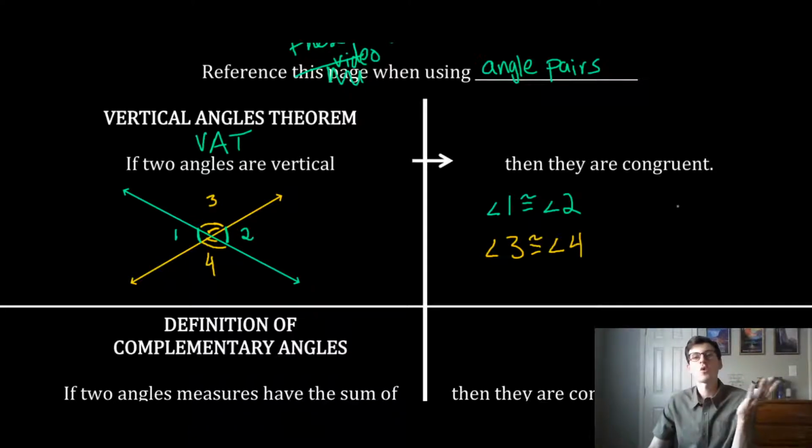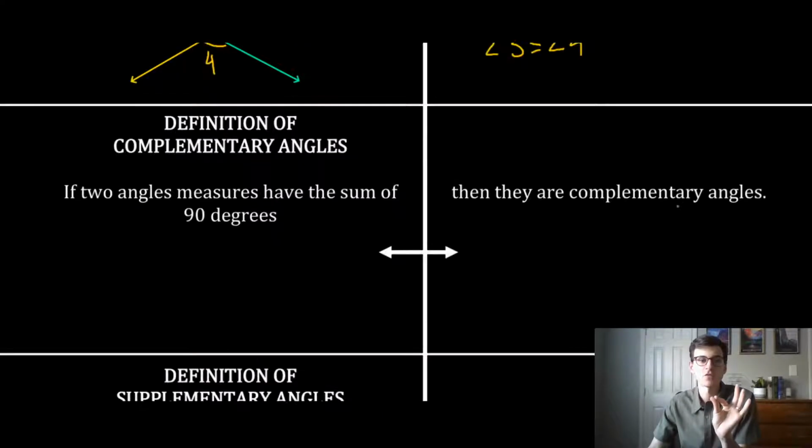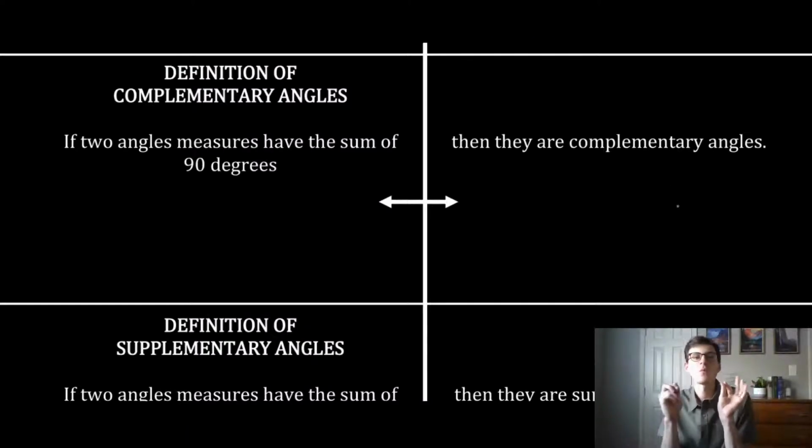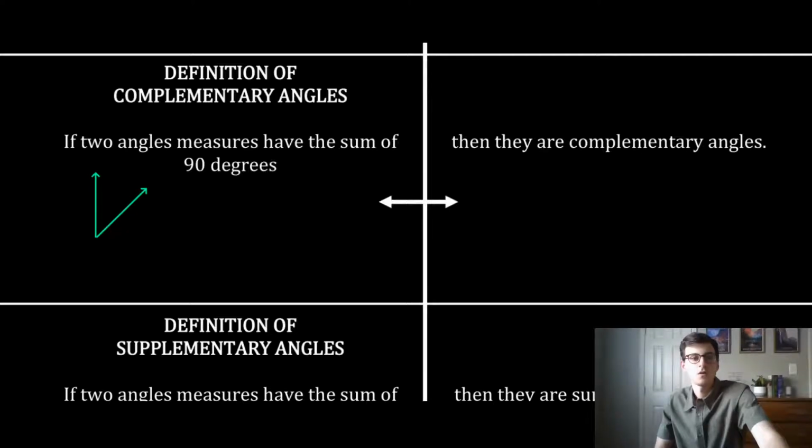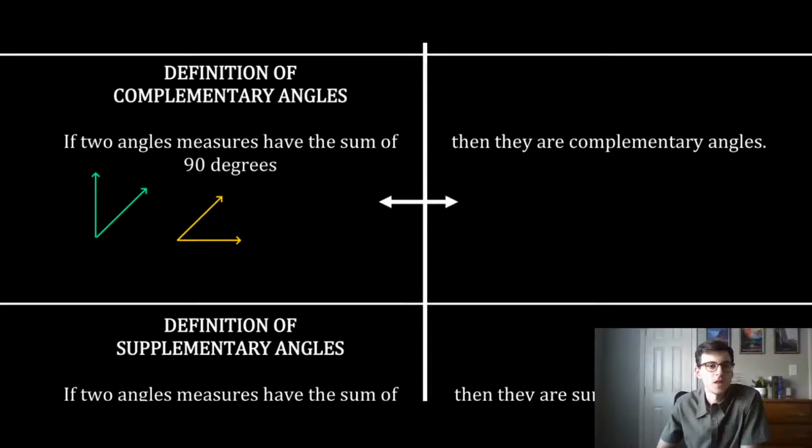We've already done some work with complementary and supplementary angles, but I want to make sure we define them rigorously here. So first, the definition of complementary angles. If two angle measures have the sum of 90 degrees, then they are complementary. So you might see maybe like this, there and there, and there, and there. If those two add to 90 degrees,